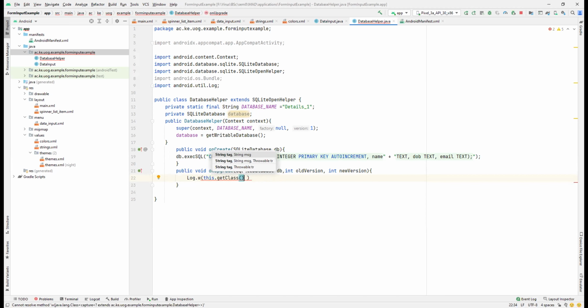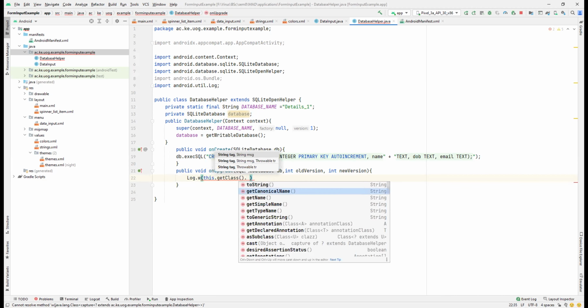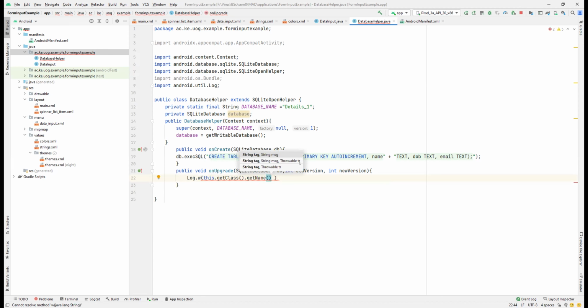And then dot, get name. Then comma. So we have the capital DATABASE underscore NAME. You're getting that. Plus